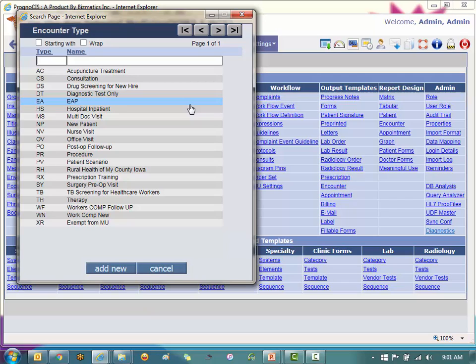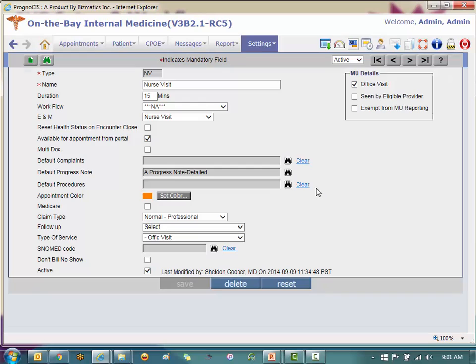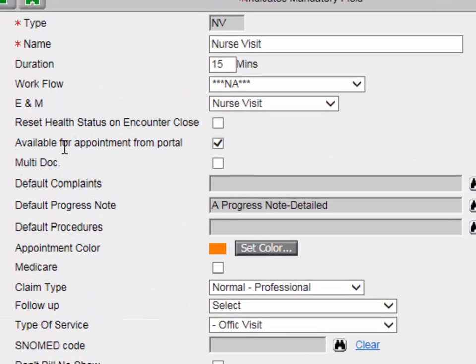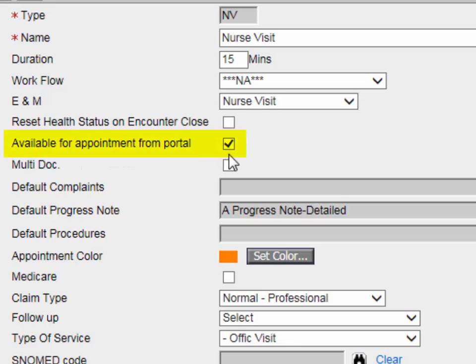But when it's just a quick well check or physical, you don't mind if they do it on the portal because it's not going to require any additional efforts on your part prior to the visit. So for instance, a nurse visit. I'm just going to go ahead and choose that one. So just as we saw on the Location Master, we have the same option here, Available for Appointment from Portal. And as long as it is checkmarked, then that encounter type will be available for your patient to make an